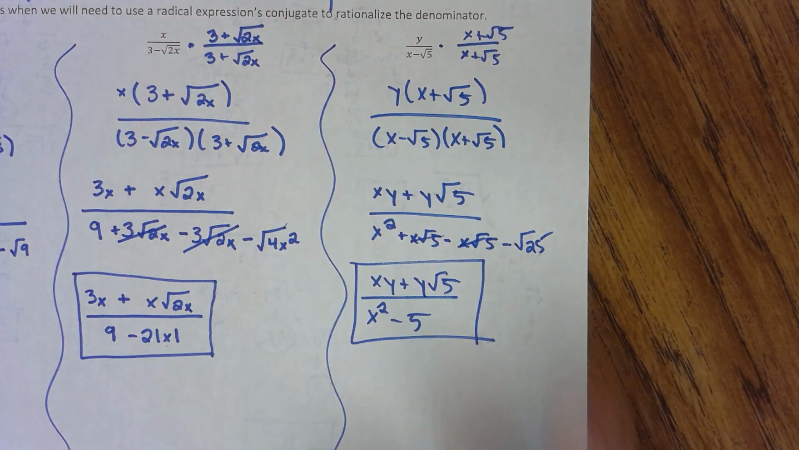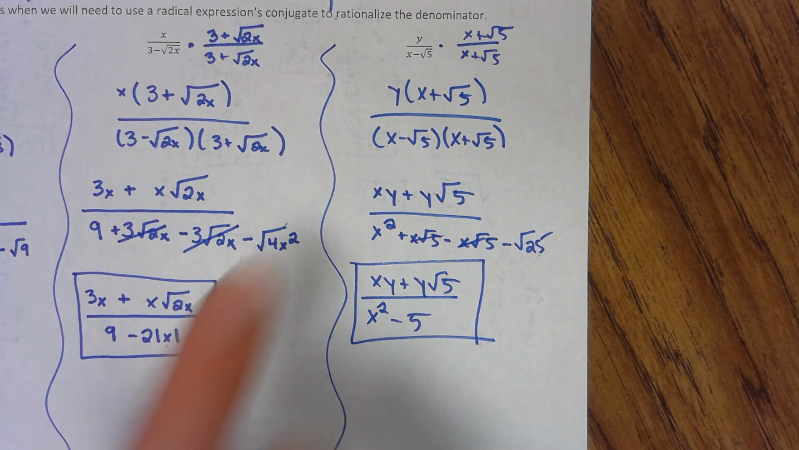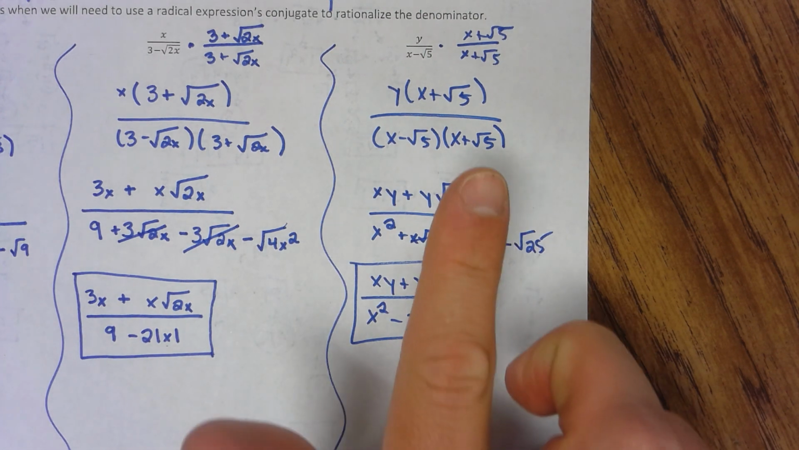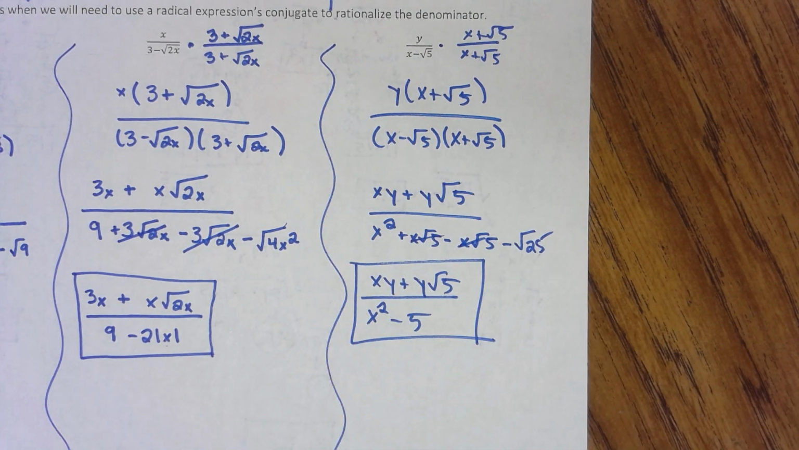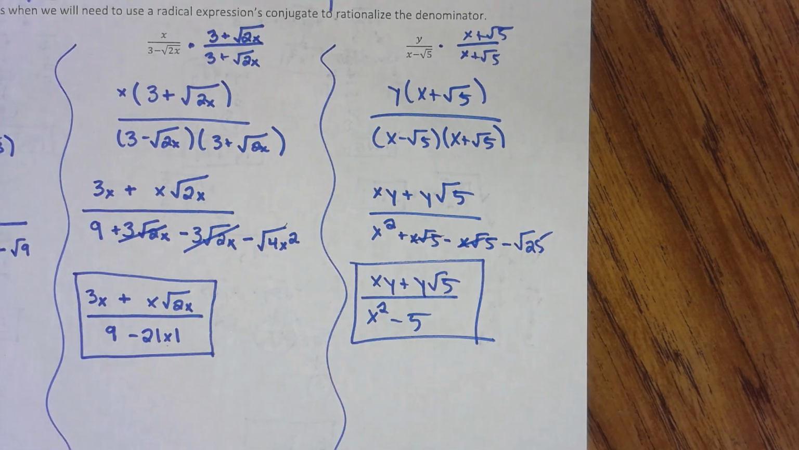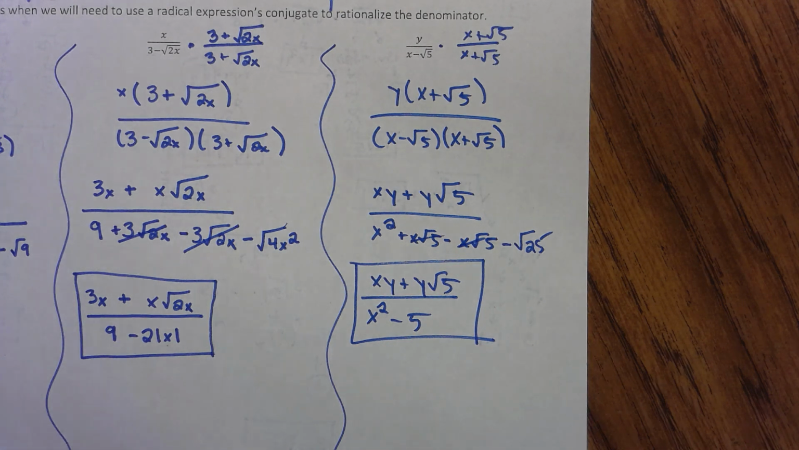The denominator, so multiplying the conjugates, that needs FOILed. X times x is x squared. X times positive root 5 is x root 5. X times negative root 5 is negative x root 5. And then negative root 5 times positive root 5 is negative root 25. Negative root 25 is negative 5. And again, we should always get those square root terms to cancel out. So that makes the denominator x squared minus 5. So this simplifies to be xy plus y root 5 all over x squared minus 5. Okay,